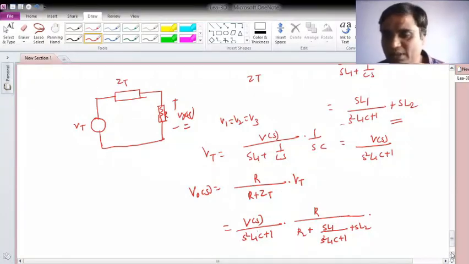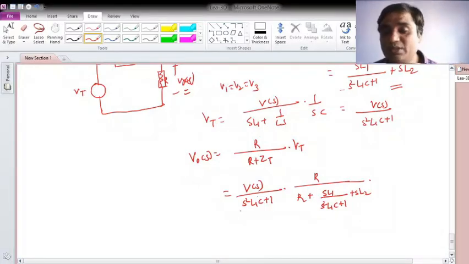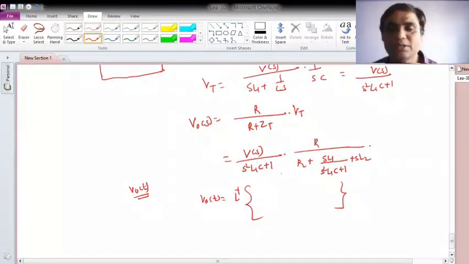If you simplify, you will get a numerator polynomial in s, and we know how to solve for the inverse Laplace transform: use the partial fraction expansion and the standard pairs to compute v0 of t, which is obtained by the inverse Laplace of this part. So this way you can obtain the voltage for a particular element. Fine. With this we stop here. Again, one or two examples regarding Thevenin's theorem and Norton's theorem we'll see in the next class. Thank you very much.